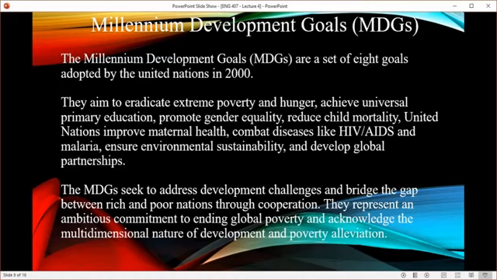Since development is a global phenomenon, there was a reason for setting out what we call the Millennium Development Goals by the United Nations in the year 2000. The aim of setting out these 8 goals is to eradicate extreme poverty and hunger, achieve universal primary education, promote gender equality, reduce child mortality, improve maternal health, combat diseases like HIV/AIDS and malaria, ensure environmental sustainability, and develop global partnerships. So these MDGs seek to address development challenges and bridge the gap between the rich and the poor